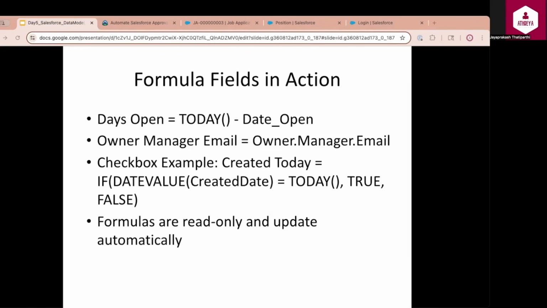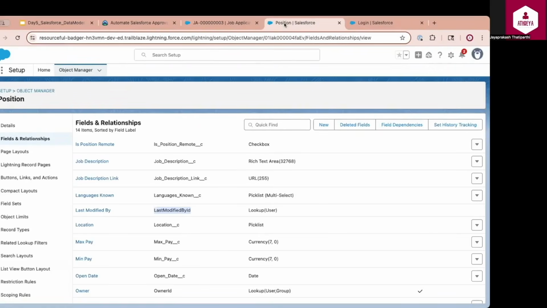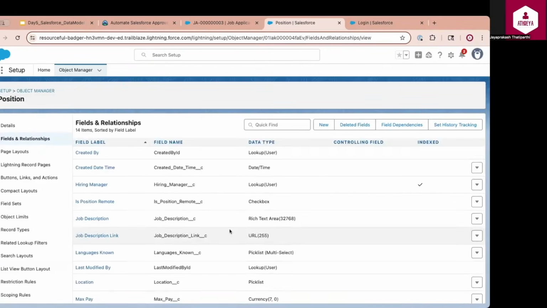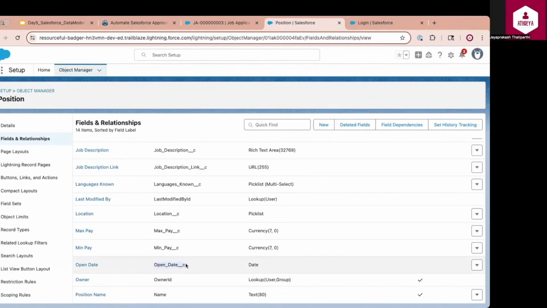Now let us see a demonstration on how to create a formula field and go through all these three properties that we discussed. So for this demonstration, I'm going to the position object, clicking on a new button. The use case that I have here is I want to display for how long the position record was open. So if you remember the other day, we created a field called open date, which indicates when the position came to the market. Now using this open date, I want to actually calculate the number of days this position